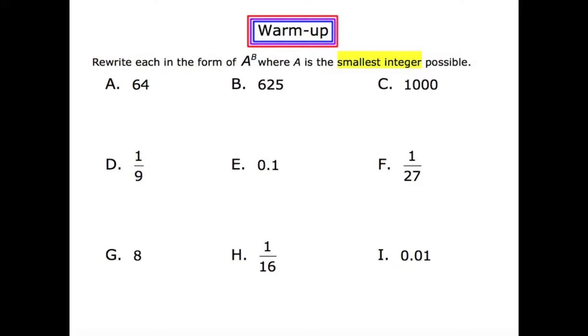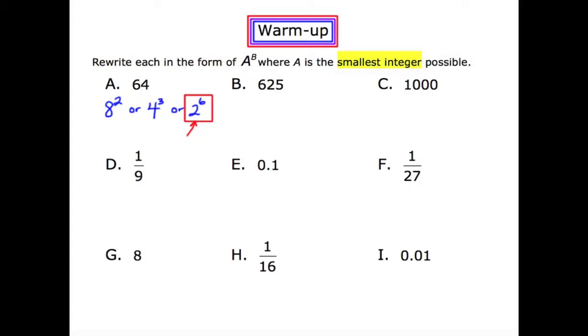When I look at the value of 64, there's actually a few different options that come to mind. It could be 8 squared, but it also could be 4 cubed, and there's actually a third option, and that would be 2 to the power of 6. In the directions, we're looking for the base that is the smallest integer possible. So when I'm choosing between an 8, a 4, and a 2, the 2 is going to be the winner. So 2 to the power of 6 is going to be the combination of a to the power of b